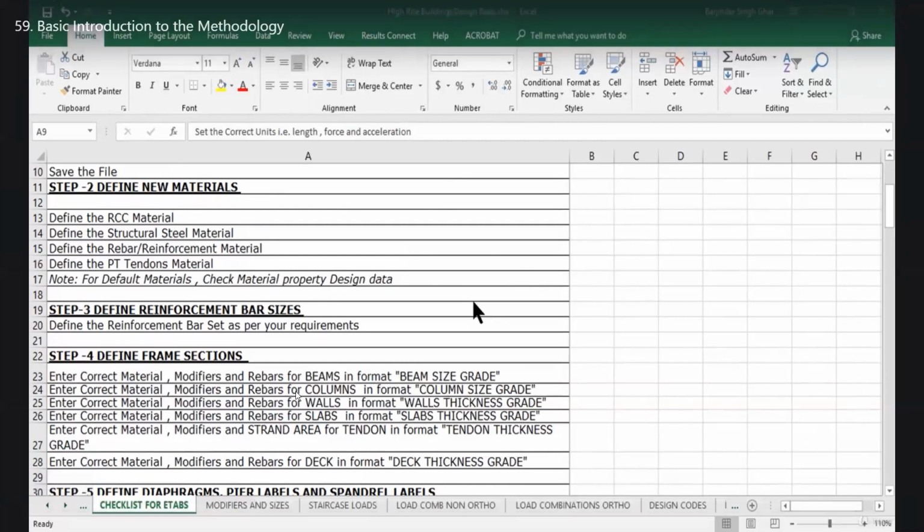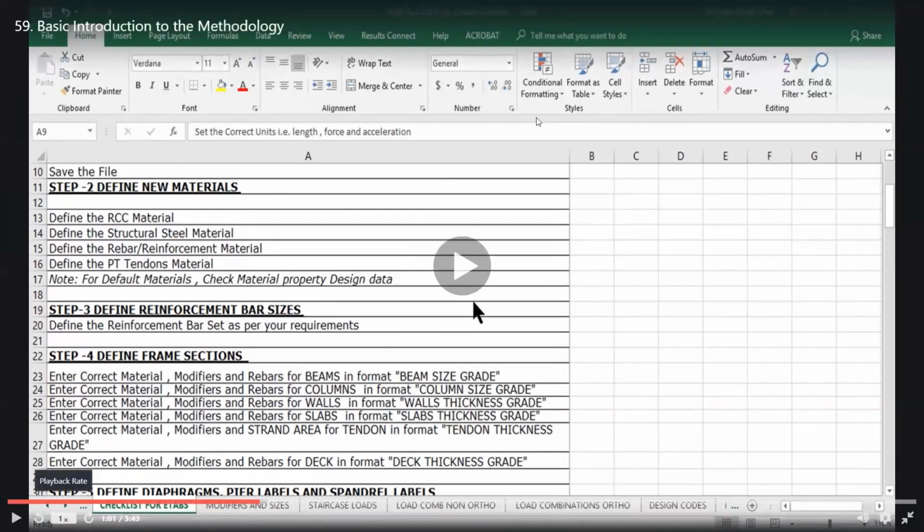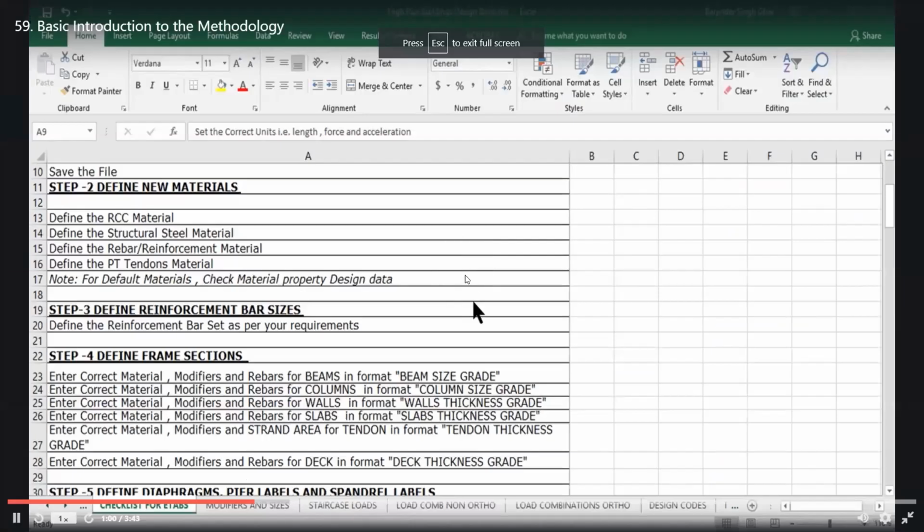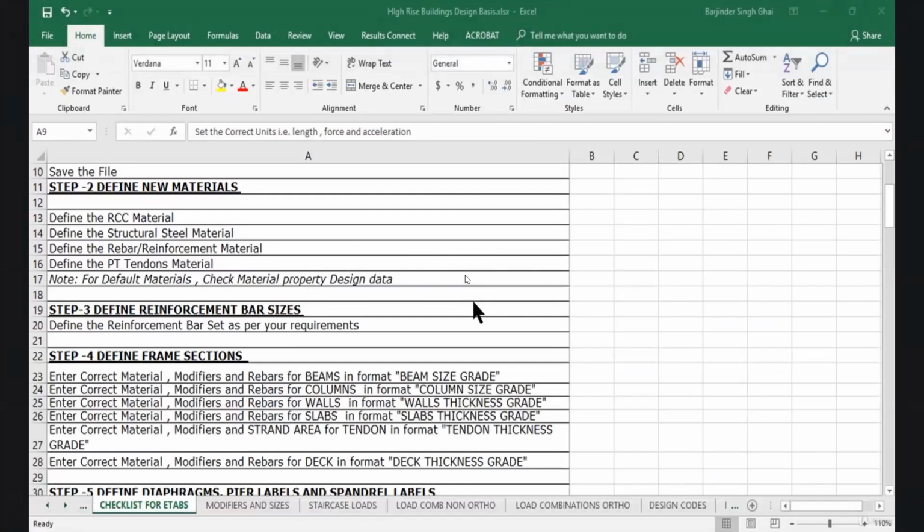So we need to input the specific reinforcement bar sizes as per codal requirements.